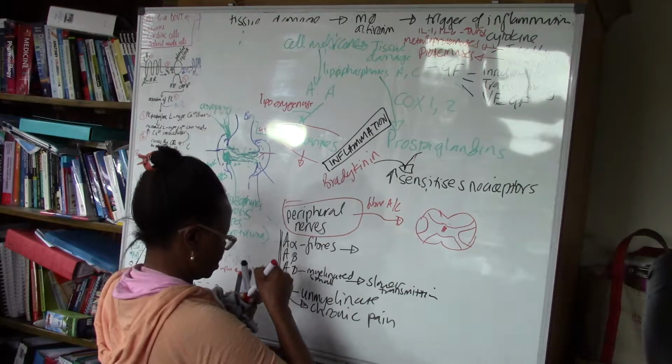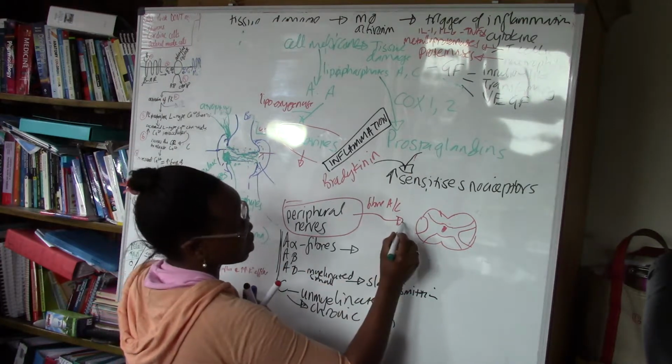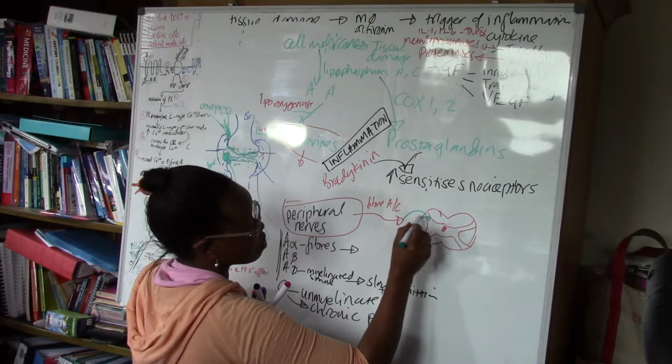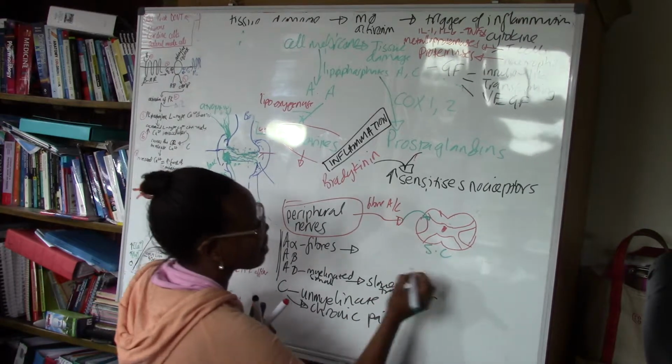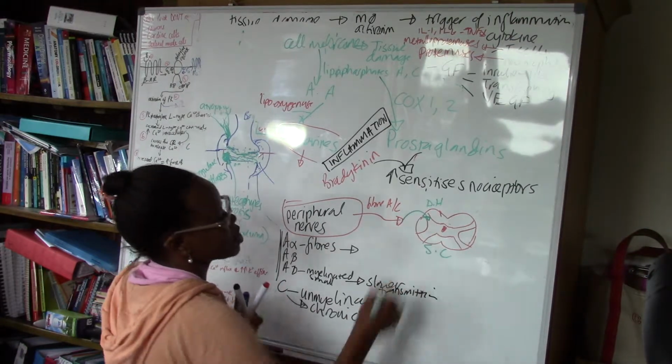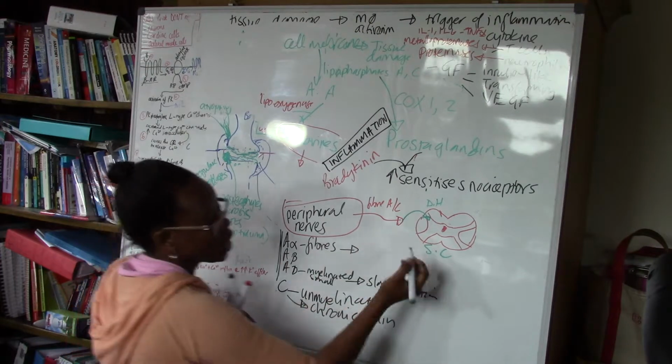So they transmit directly into the dorsal horn of the spinal cord. So this is the spinal cord, and this is the dorsal horn of the spinal cord, where they will synapse